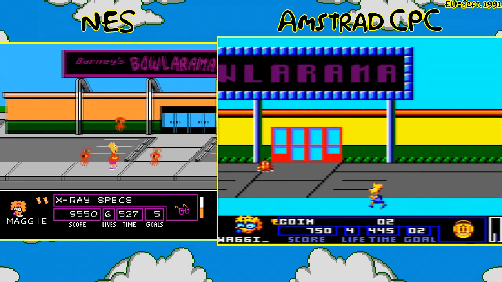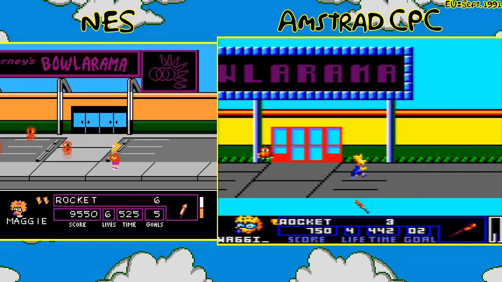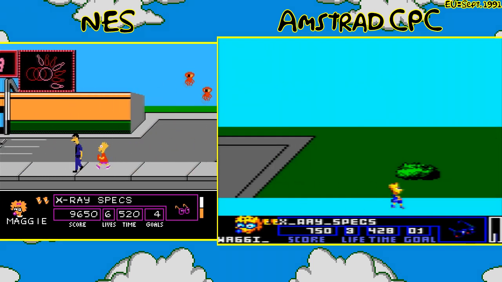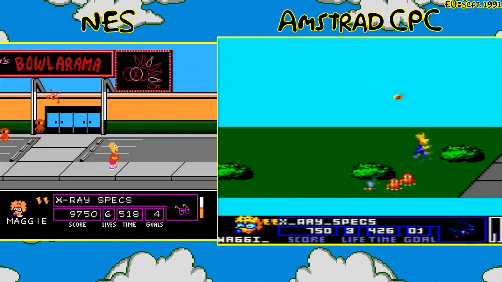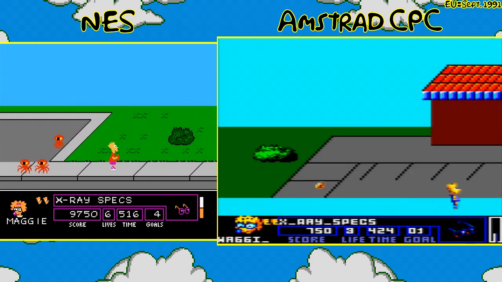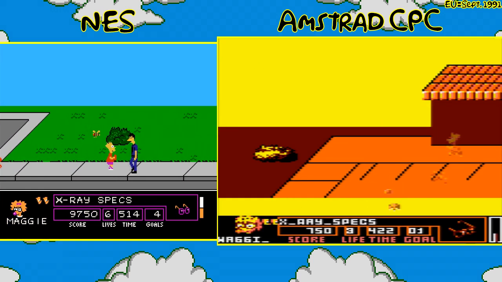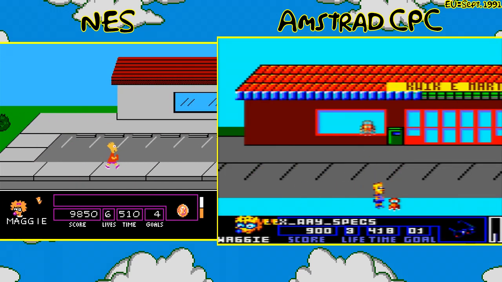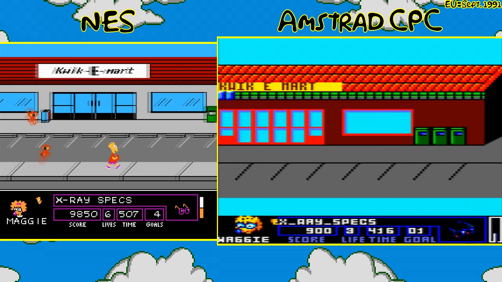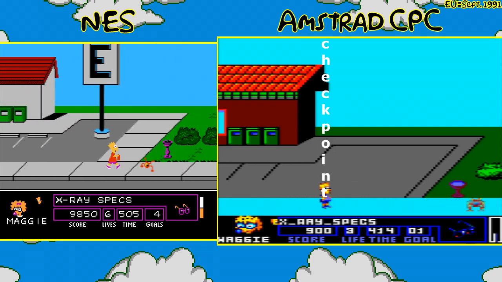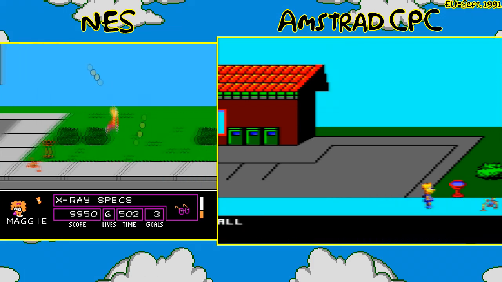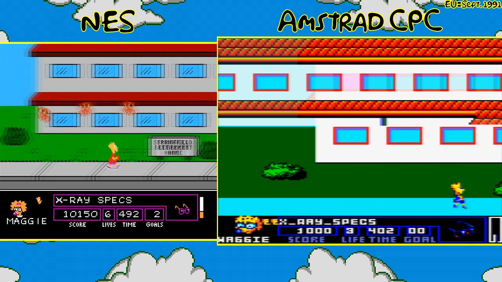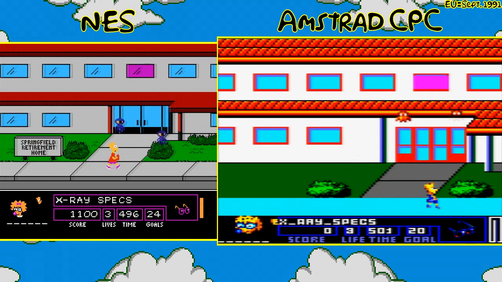Here, the Bolorama only says Bolorama, it doesn't even say Barney's Bolorama, neither does it have the pins, but it is the entire sign that you can hit, so that's also pretty cool. As you could barely see, there are no 3 mutants right after the Bolorama, so that's cool as well. Here, there is no E in the Quickie Mart. There's supposed to be a giant E right here, and there isn't. Like I said, just general things that are missing. No 3 mutants right next to that first